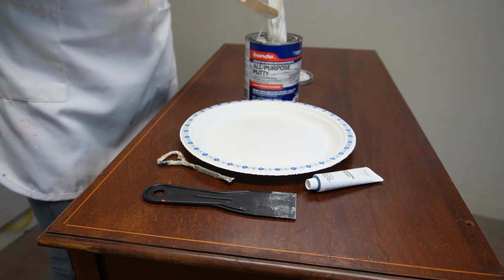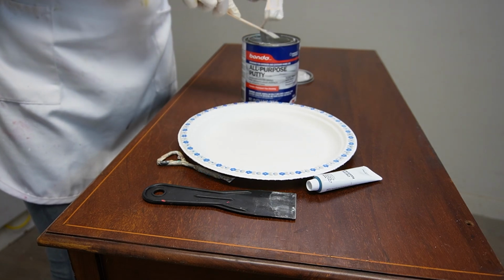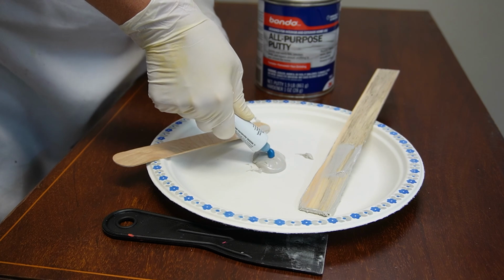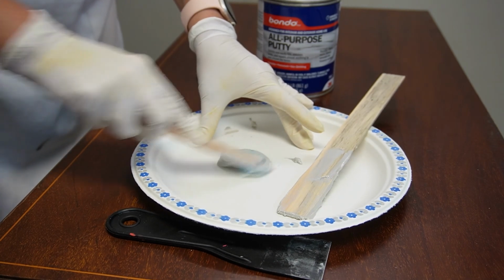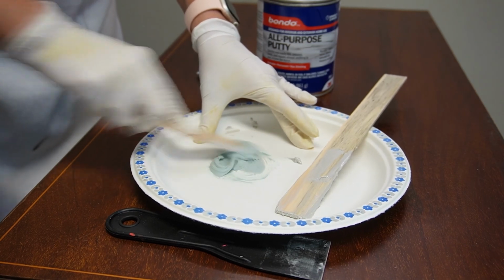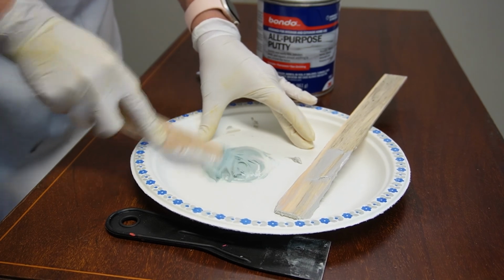And I find once you mix it up in the repairs, it makes no difference at all. So I just take a golf ball size of Bondo and then I add in the hardener. Once a little hardener is added, probably about a pea-sized amount, I just mix it up really well. In this case, the hardener's blue, so I just want to make sure that the Bondo all gets tinted with